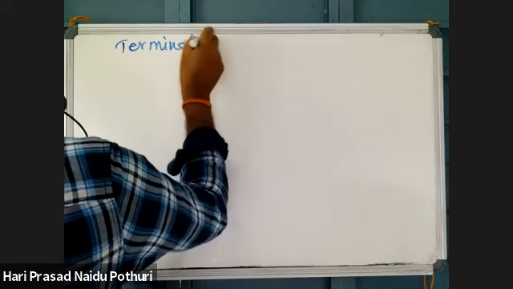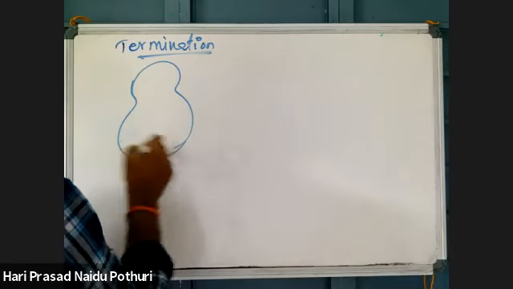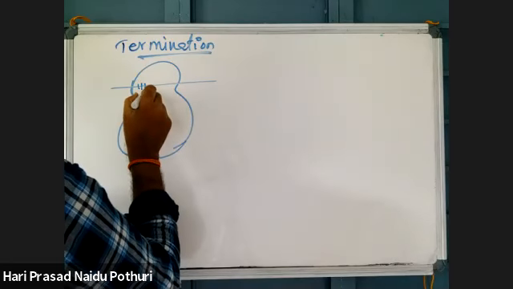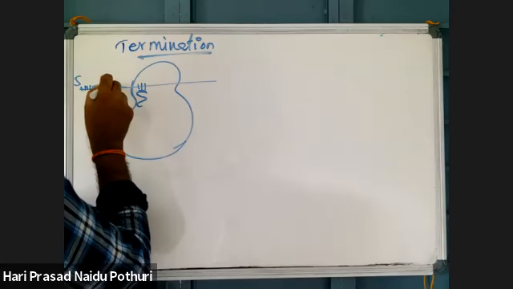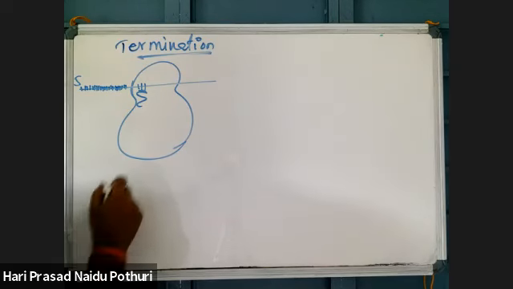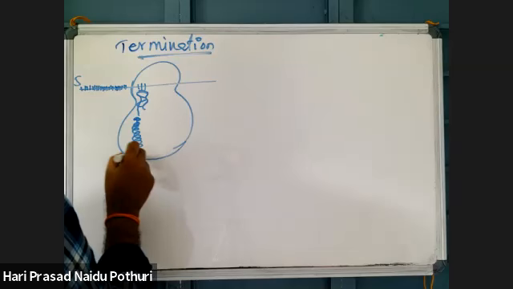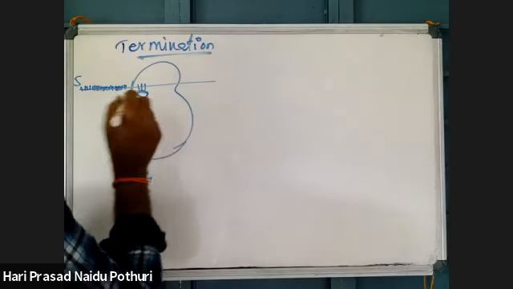I mean the termination step of protein synthesis. What happens during the termination process? Suppose here I am writing a ribosome. Elongation process is carried out. What happens during elongation? Suppose here a long mRNA with a large number of genetic codes is involved in elongation, so that there is a formation of a peptide with more amino acids like this.